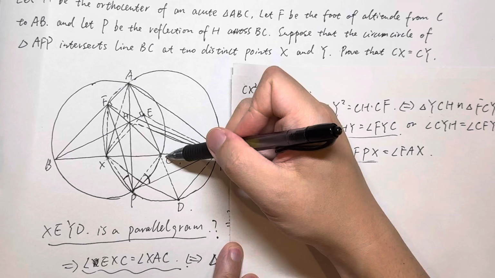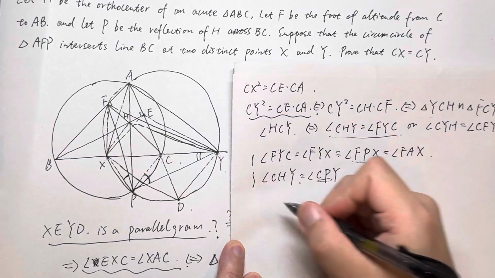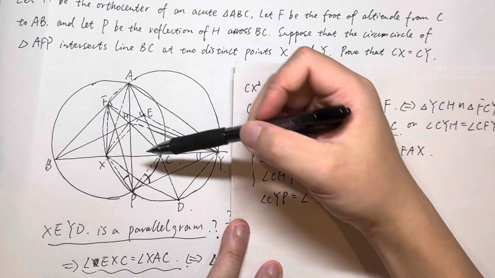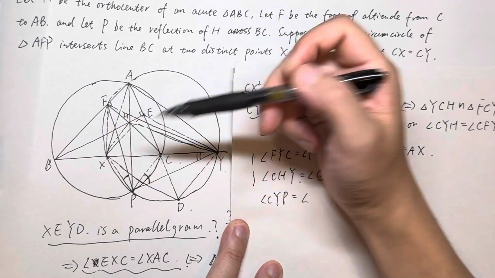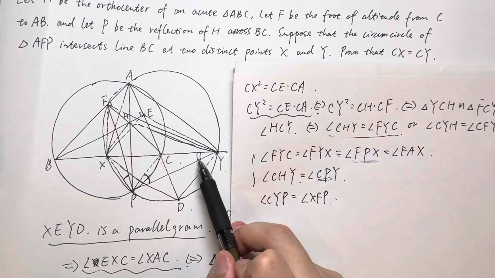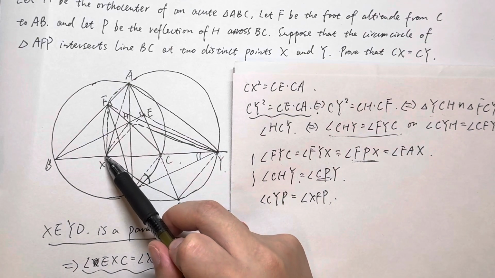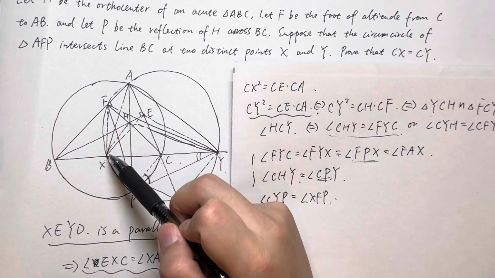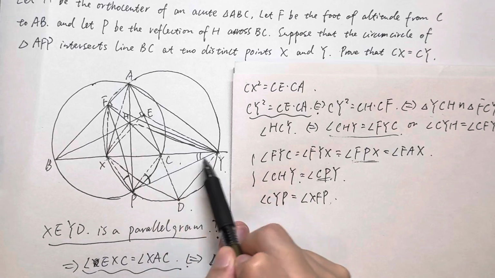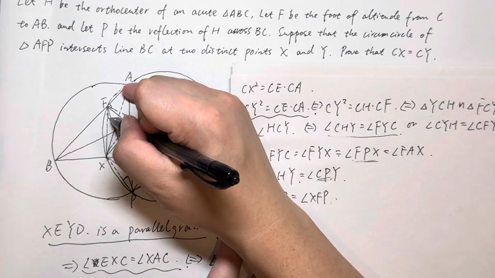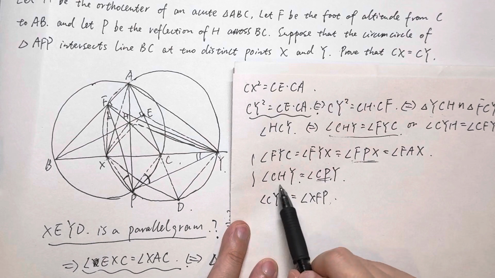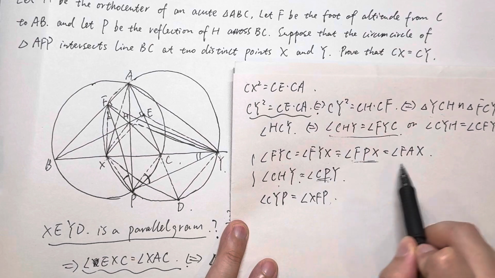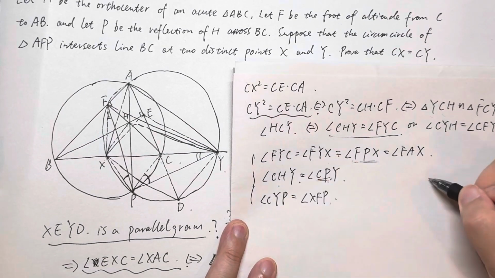We know that the angle CYP equals angle XFP, right? The angle CYP, with reference to the chord XP, means that angle XFP equals angle CYP. So this angle equals this one, which means we want to prove that angle CPY equals angle FPX, equivalent to